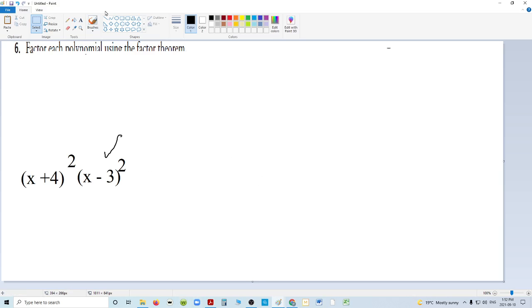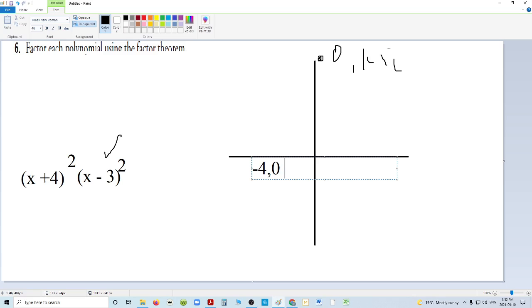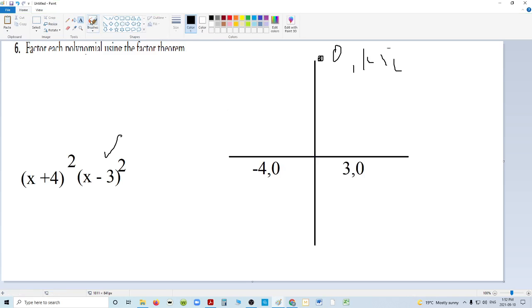Okay, which means if I were to draw it, and by the way, you had 144 as a y-intercept here, so it goes way up. I would draw it like this: -4, 0, and then way over here at 3, 0. And this thing comes all the way down, touches on the y-axis once, goes all the way up through the y-axis,